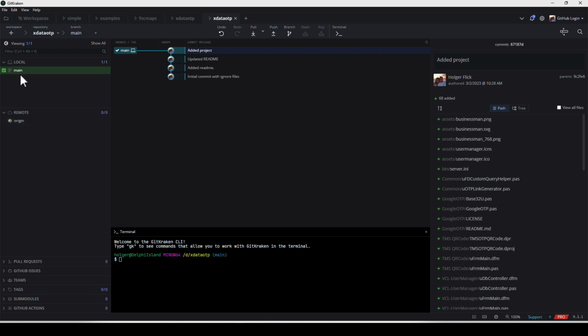And what happens now is we have local and remote. And you get these icons here. So this computer icon means that this is where you are locally, but your remote is not there. You see, because there's not the tiny little origin logo here. So we need to push. And that means you push the changes from your local repository to the remote.